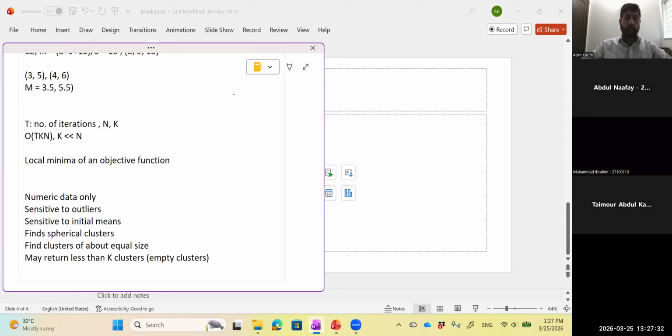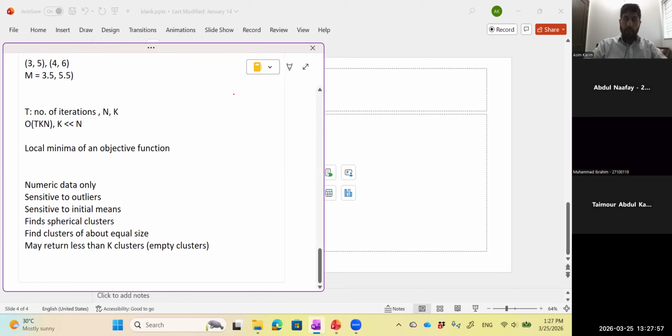So sensitive to initial means, sensitive to outliers, and of course numeric data only. Of course numeric data only को हम as such इसका कोई resolution नहीं है. This is actually a positive in the sense that आजकल हमारे पास embeddings हैं, embeddings are always numeric, तो वो आप अप्लाई कर सकते हैं. Okay, so